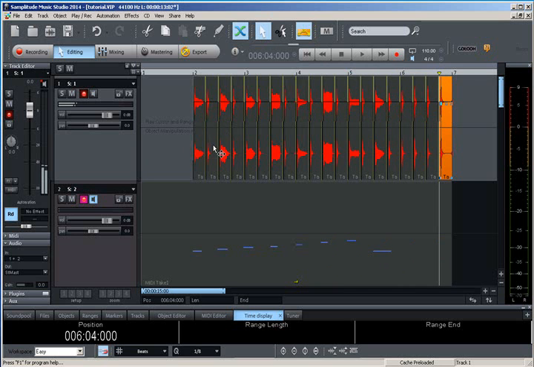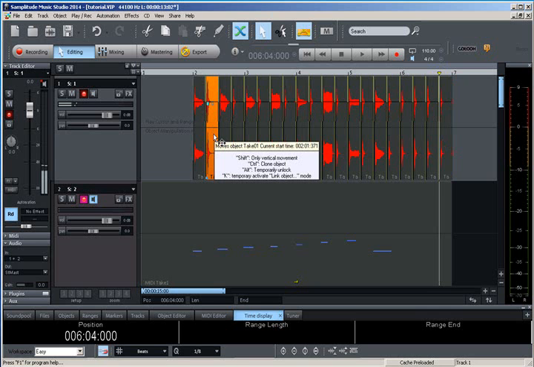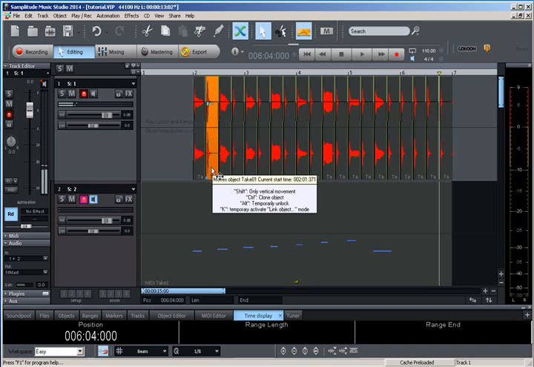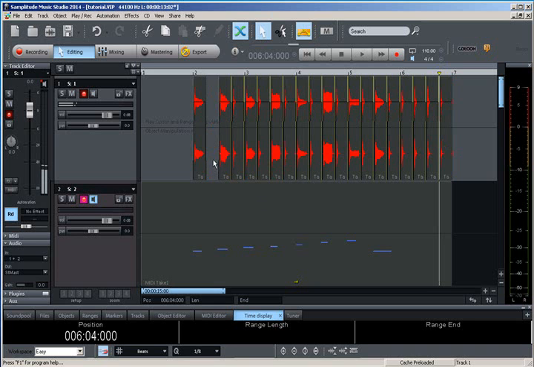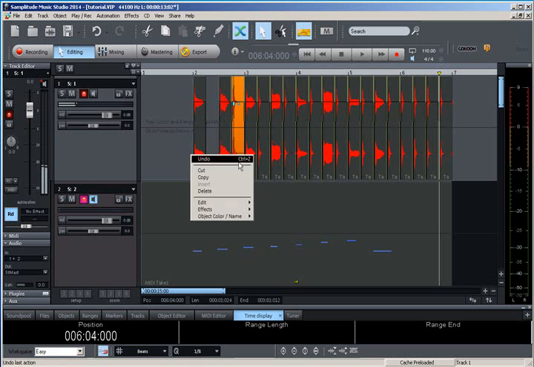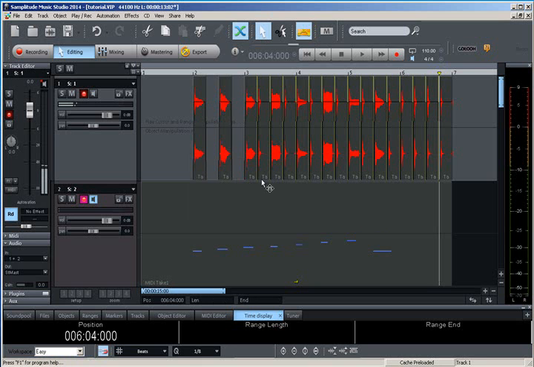Now that I have cut out most of this, cut it all up, I've cut it into pieces. I will start deleting the metronome ticks, which is on every second one here. So you can either hit the delete key on your keyboard, or you can go ahead and right click on it and hit delete on each one. So you can also select